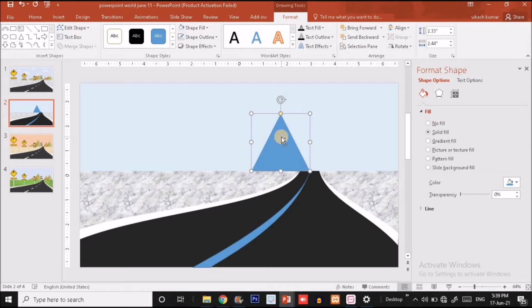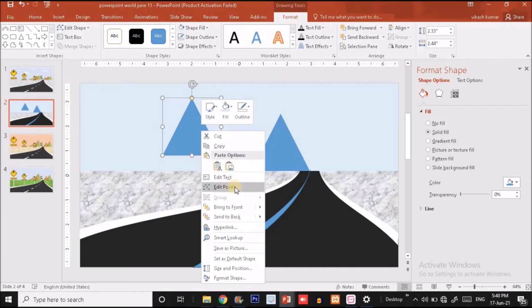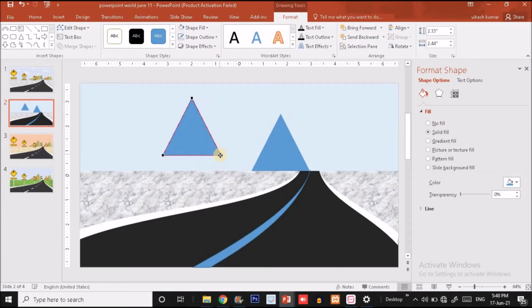After this, I'm going to duplicate it by pressing Ctrl D, put it over here, right click, just click on edit point option, click on this shape, and you can drag it like this, and that's it. Now click here, press Ctrl and Shift together and drag it inward to make it smaller, fill it with the white color and put it over the previous one.